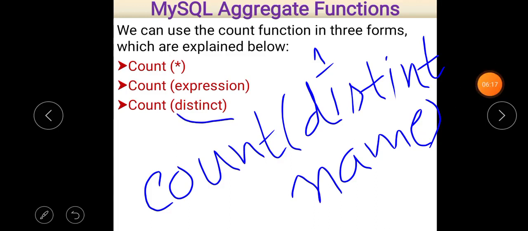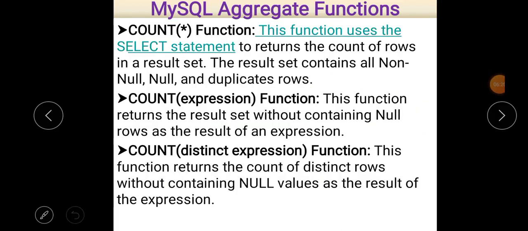I think it is clear to all of you. Let us take another slide. Now you can easily see here the explanation of the count star function. This function uses a select statement. As I told you earlier, without select you are not able to use this function. So if you want to use any aggregate function, then you must use a select statement